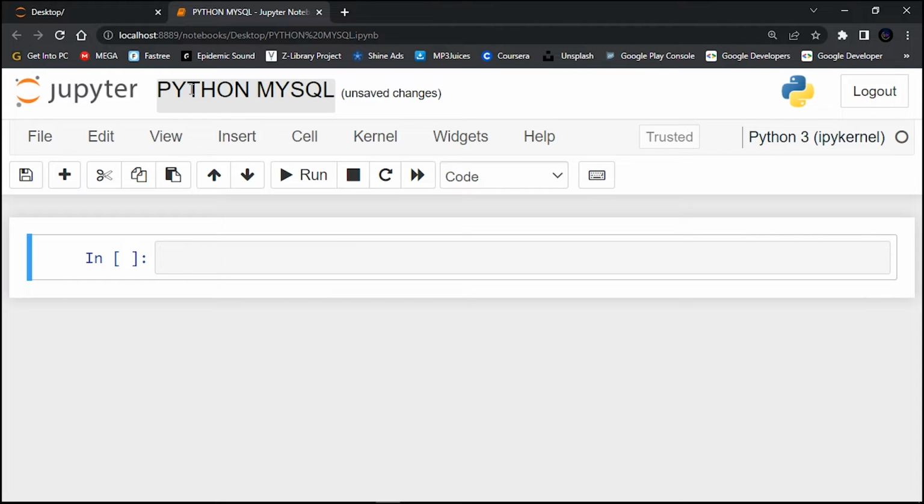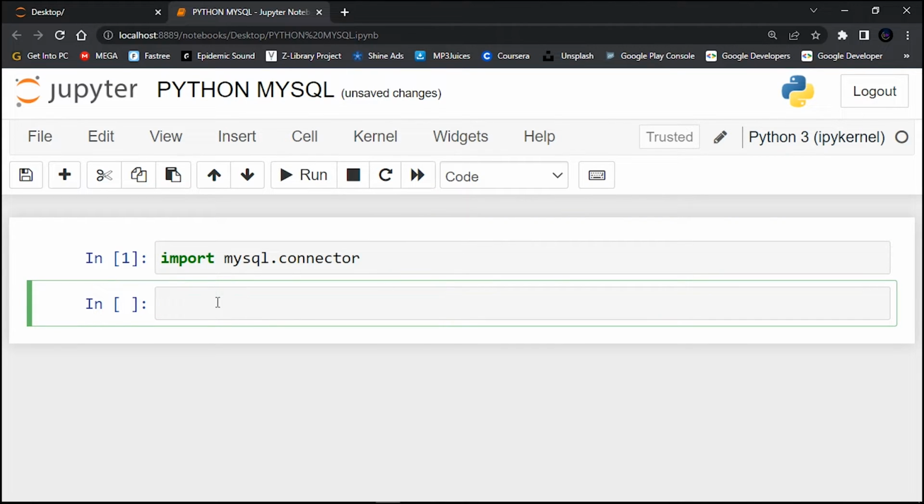Let's type in here import, in small letter. Say import mysql.connector, and then let me try to run. When you run and you see there's no error, just know that you have MySQL connector installed in your system. Otherwise, if you have the error here, what you do to install it is just open your